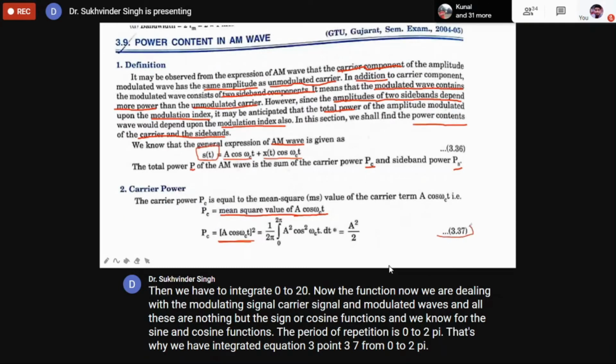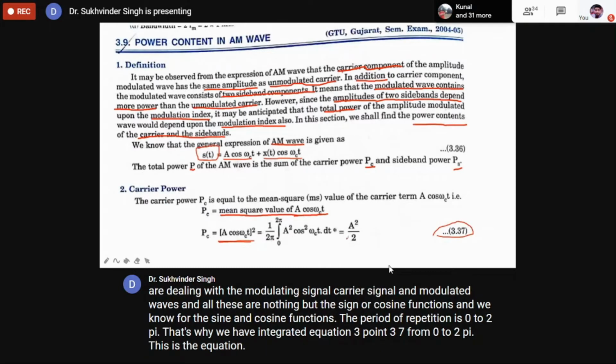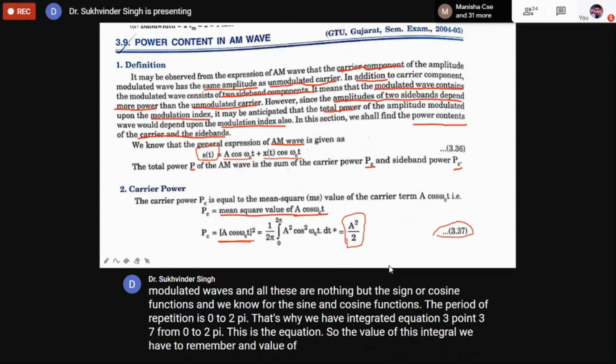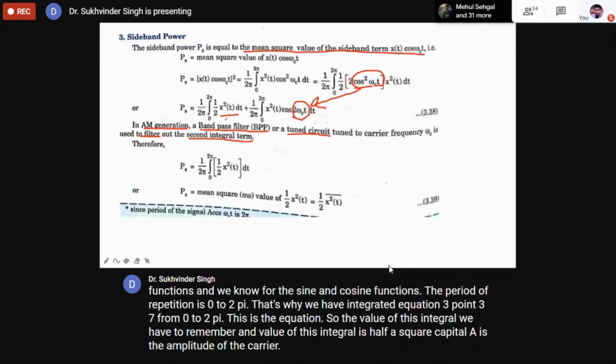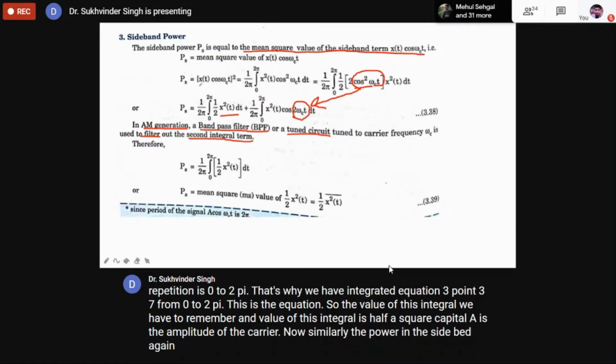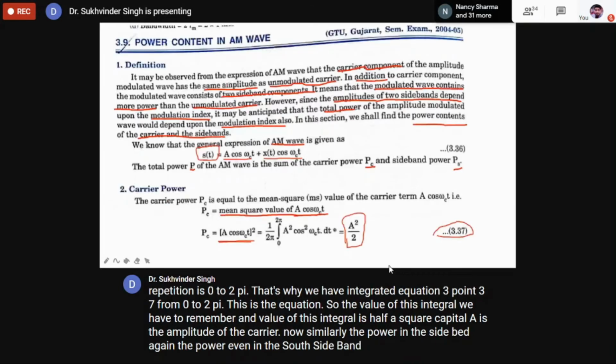This is the equation. So the value of this integral we have to remember, and the value of this integral is half A square. Capital A is the amplitude of the carrier. Now similarly, the power in the sideband can be obtained by integrating